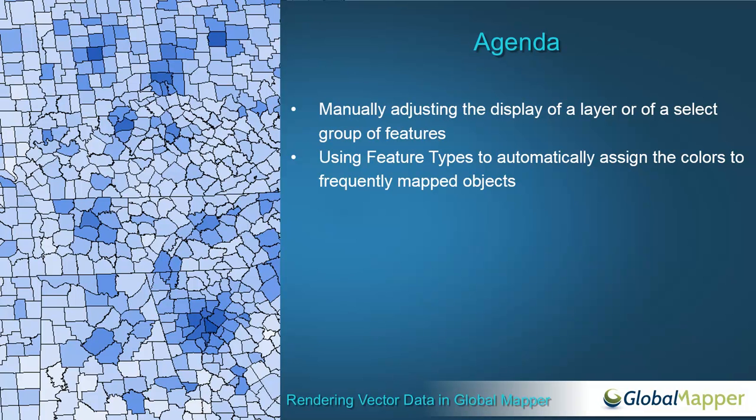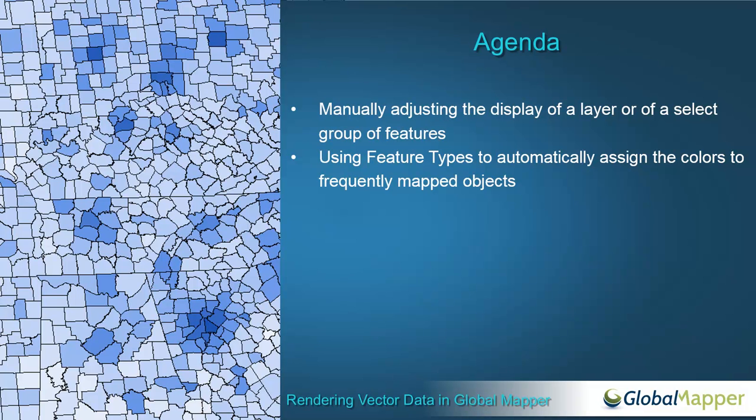We'll take a look at feature types. These are built into Global Mapper. They are a series of pre-configured vector settings that can be automatically applied either during import or manually applied to collectively change the appearance based on the assignment of whatever that feature is. It might be a state, it might be a lake or something of that type. And you can pre-configure these feature types to have certain display characteristics and again automatically determine how your features are